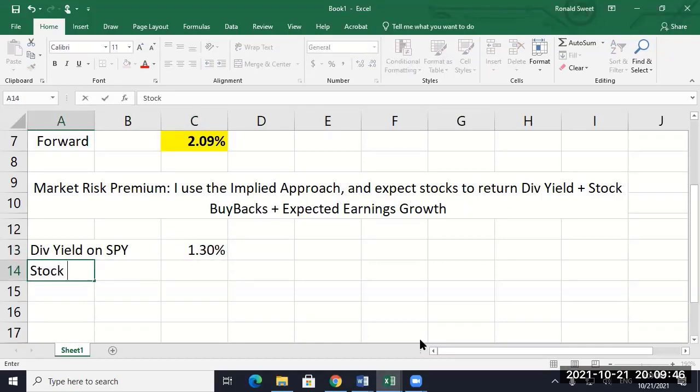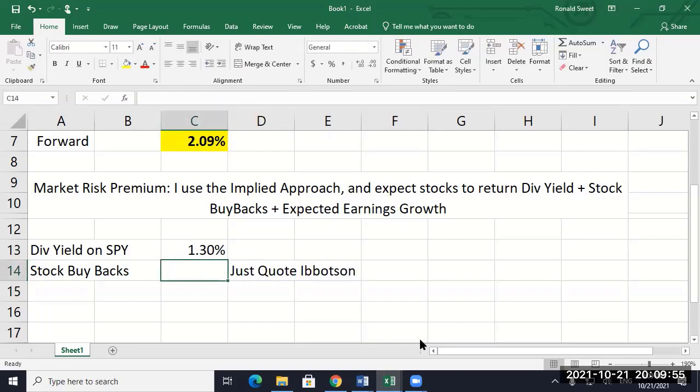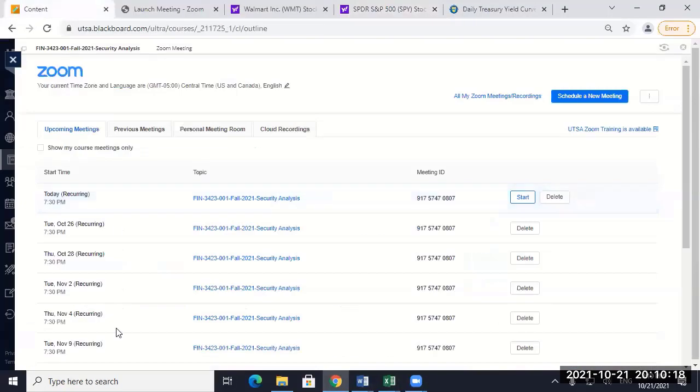Stock buybacks. Right here, I'm going to let you cheat. Just quote Ibbotson. Mainly because if you read his article, you're going to find that this is not an easy number to go get. It's really quite complex. You can't just take all the stock buybacks and adjust it on a yield basis, because you also have to adjust for stock options and employee plans and those kind of things. So you have to actually look at the number of shares out there. But what we'll do,